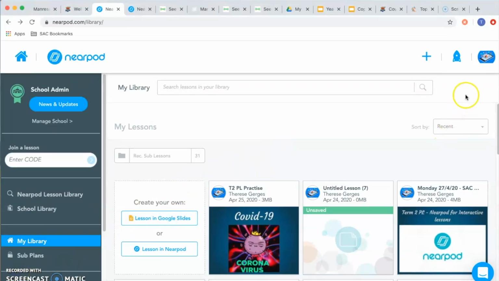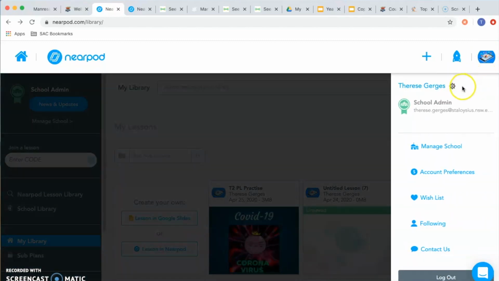Now, if you recall, we looked at the collaborate feature and I said you had to turn something on in your settings for it to work in student paste. So on the right hand side, there'll be your icon, and next to your name, there'll be a little cog. If I click on that cog,